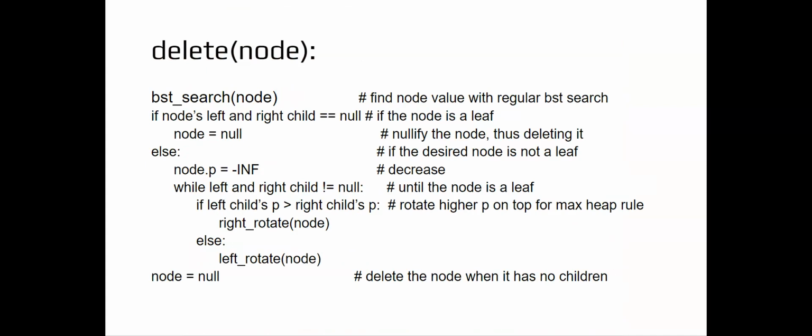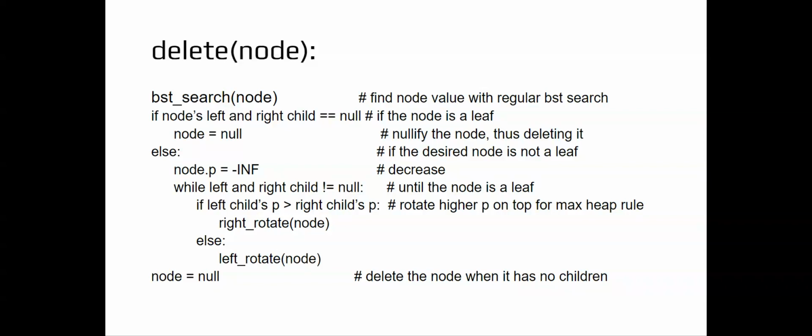Now, we did a quick run through of search because search is included in delete. So first off, the goal for deleting is rotating the desired node down to a leaf and simply nullifying it, which does the same thing as deleting it. So you use binary search tree search to find the node with the value you're looking for. If the node is a leaf, you nullify it. If it's not a leaf, you decrease the priority to negative infinity, thus letting you float it down to the bottom or down to a leaf, because as the max heap property states,